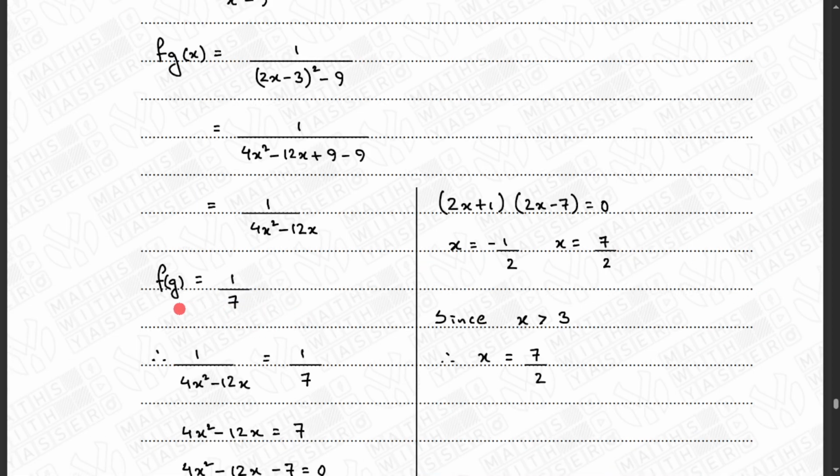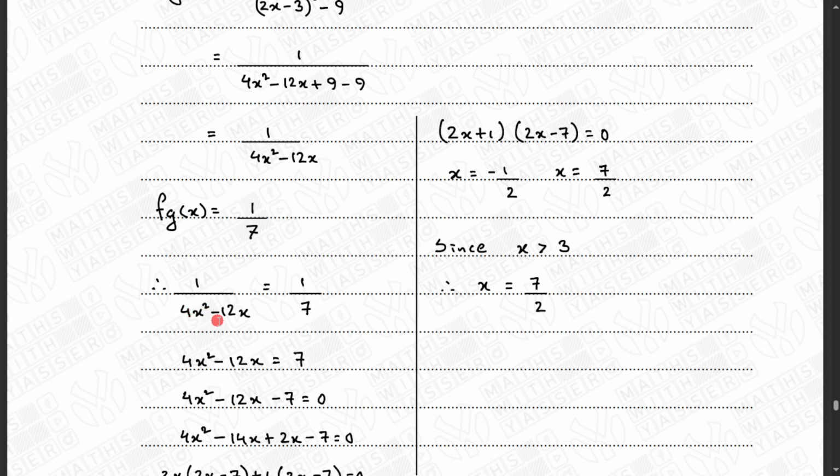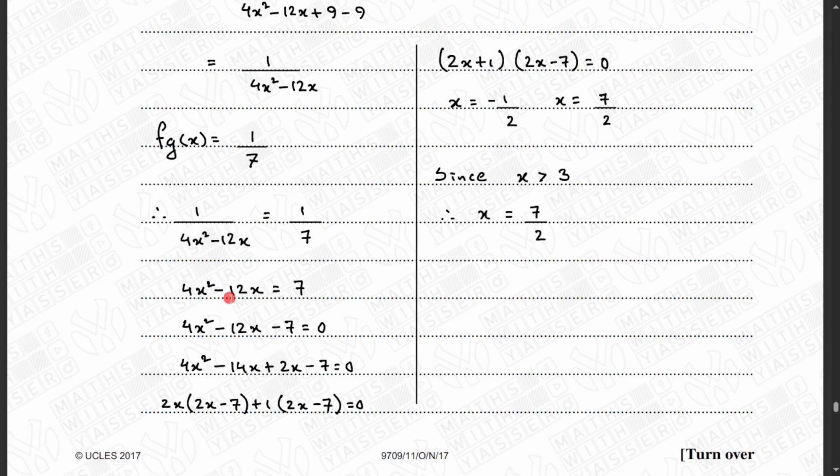It's given that fg of x is 1 over 7. Therefore, 1 over 4x square minus 12x is equal to 1 over 7. Cross multiplying it, we get 4x square minus 12x equals 7, which is 4x square minus 12x minus 7 equals 0. By doing middle term break, we get 4x square minus 14x plus 2x minus 7